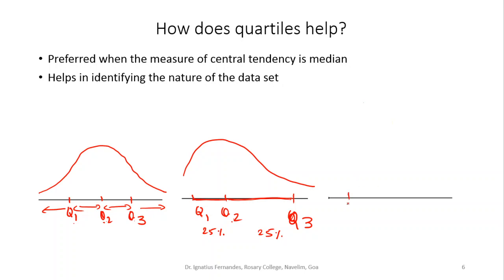The same way, suppose your Q1 is here, Q2 is here, and Q3 is here. Now the distance between Q1 and Q2 is more than Q2 and Q3. So here the frequencies are higher because all 25% of values are concentrated over a smaller part, whereas here they are concentrated over a bigger part. They are not really concentrated, they are more dispersed. So here the frequencies are lower, here the frequencies are higher. So here you are looking at a frequency curve which is maybe something like this. So depending on the position of the quartiles, you also know the nature of the frequency curve. That is one advantage of that.